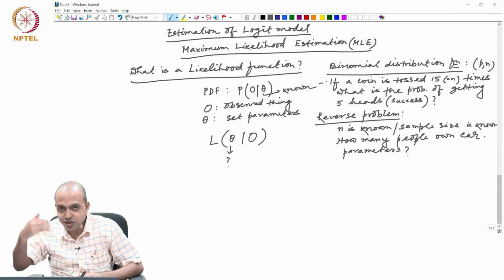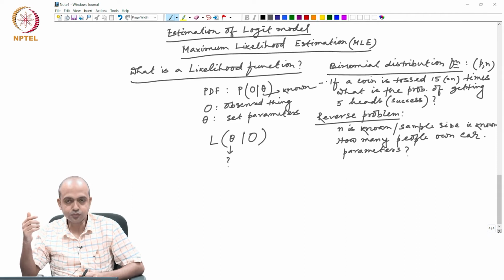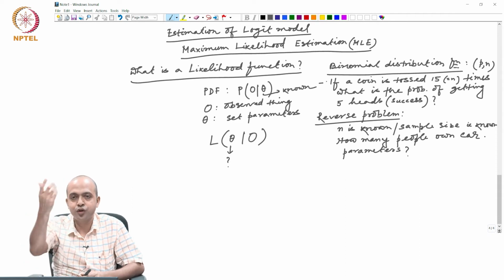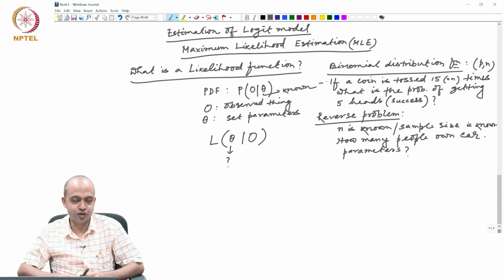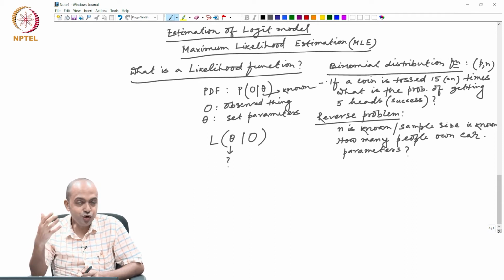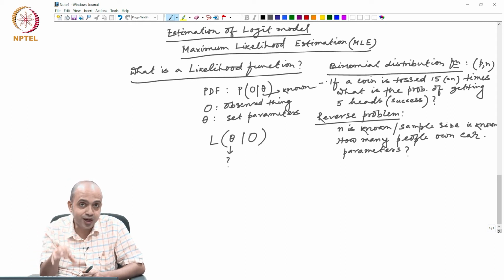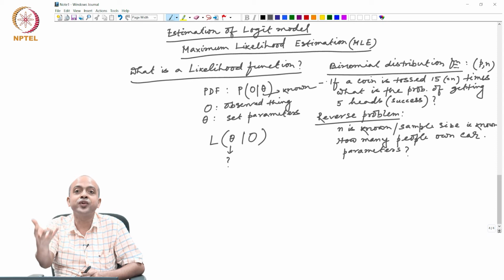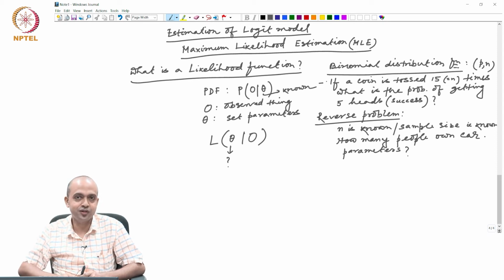So, if you change the parameter, you will get a different type of probability distribution function. So, I would like to get that set of parameters that will maximize the likelihood of observing that particular sample,